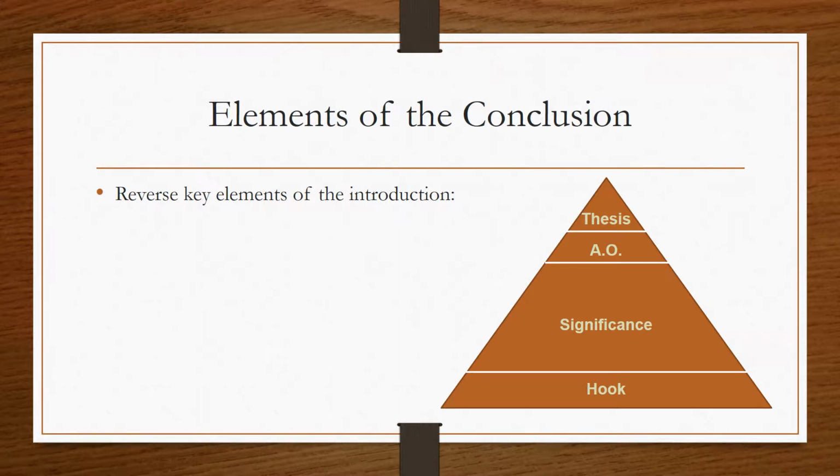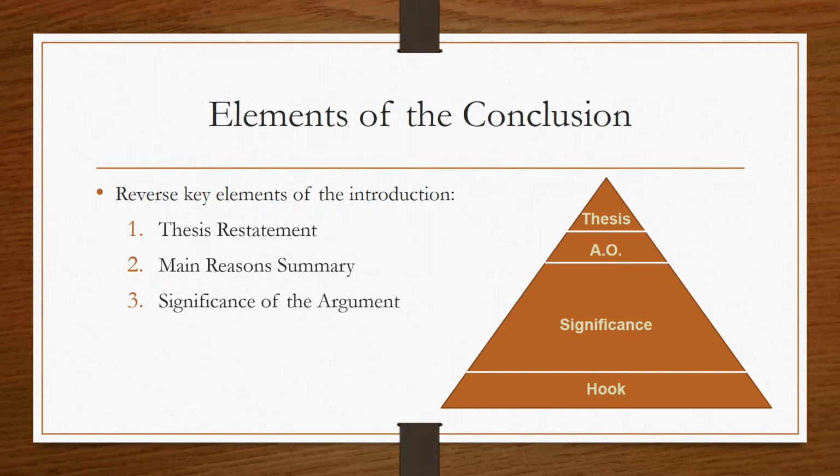So how do writers compose a conclusion that accomplishes these important roles? Writers typically earn a strong, significant ending by reversing the order of the essay's introduction. The conclusion restates the thesis in light of the reasons and evidence presented in the body, reviews the main points of the essay body that supports the thesis, demonstrates the wider significance of the essay's argument or solution by answering the so what question, and ends with a strong last sentence, typically by echoing the hook.